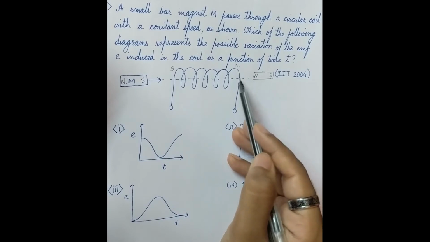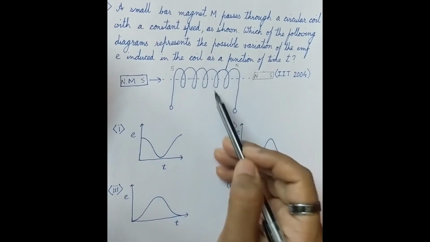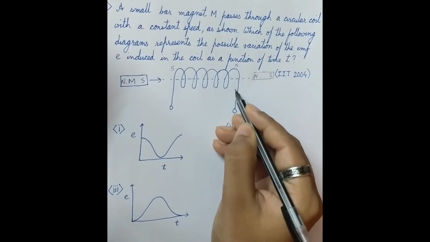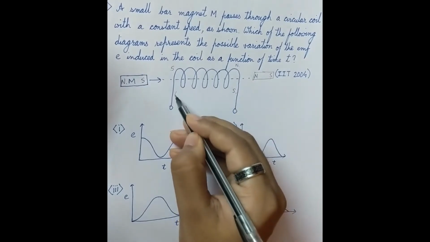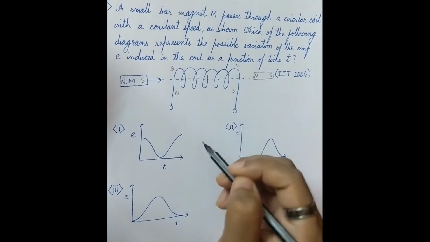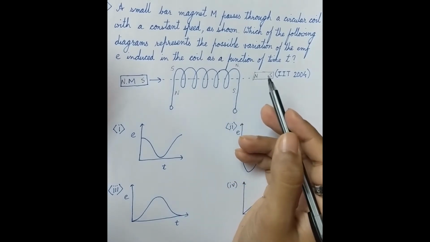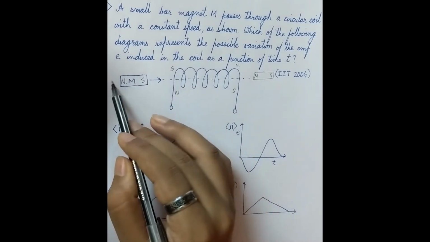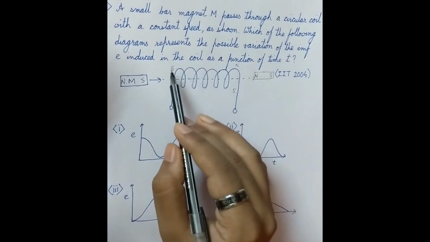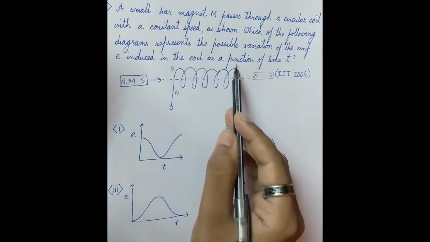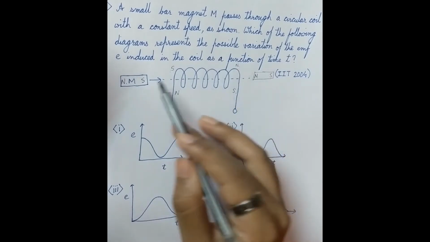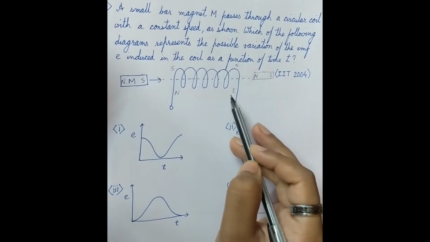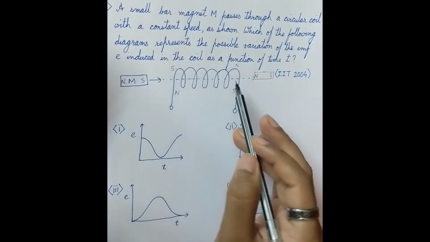Now a north pole receding away from the solenoid, the system will try to pull this back. So now the solenoid will develop a south pole here and a north pole here. The south pole so that it can attract the north pole and oppose the motion. So now you can see that when the magnet was coming towards the solenoid, you had a south pole in this side and a north pole here. When the magnet is going away, when it has gone through it and going out of the other side, then it develops a south pole here and a north pole here. So the polarities are reversed.